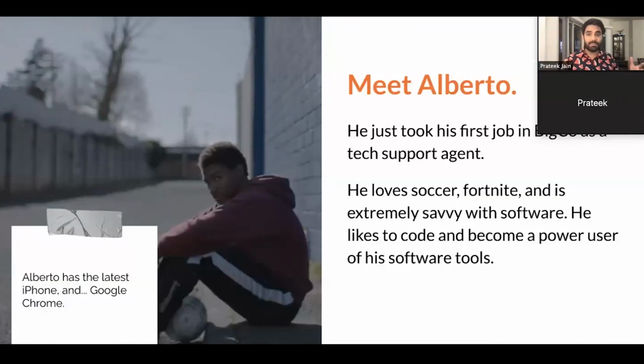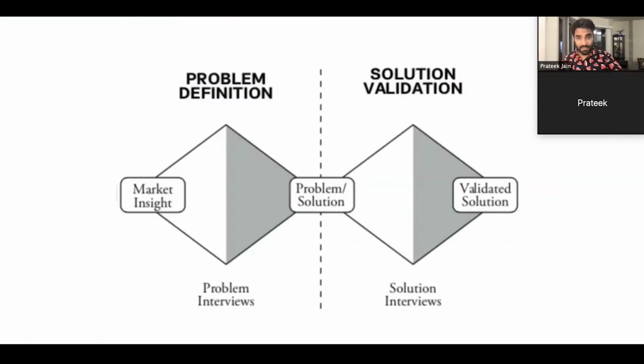Now, on the other hand, the same tool that you're building for customer support, his team basically, also includes Alberto. Alberto's first job and first tool that he's using at work is what you're about to ship. And this is his first gig out of college. He already loves soccer and Fortnite. He's extremely savvy with coding up solutions for his peers. He hacks on the dark web sometimes. He has the latest iPhone and Google Chrome as his preferred browser. And he's using the same tools that Marcos is using, and they have to be able to do it together. Based on what you build, they both have to have a delightful experience, which means the process has to be